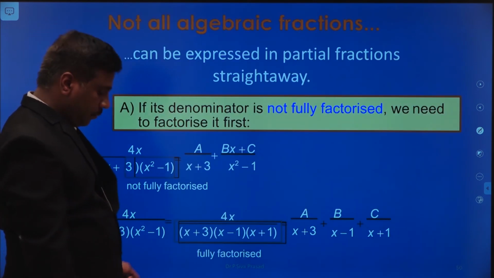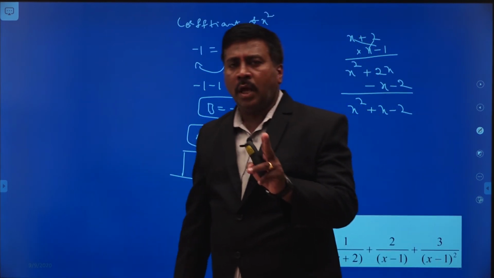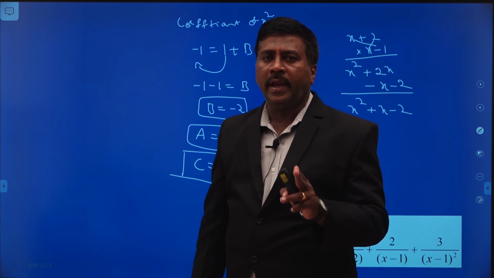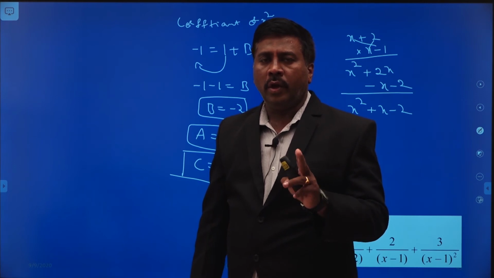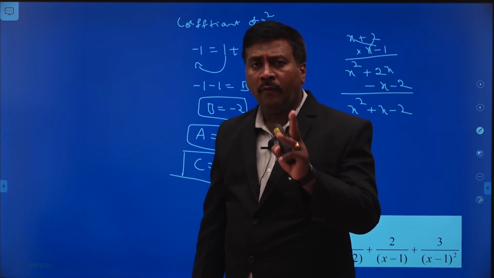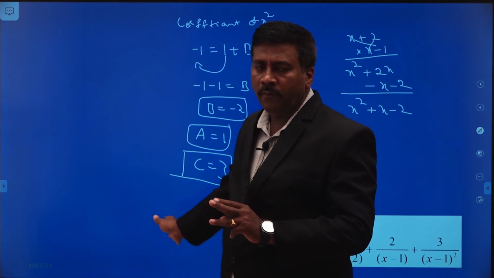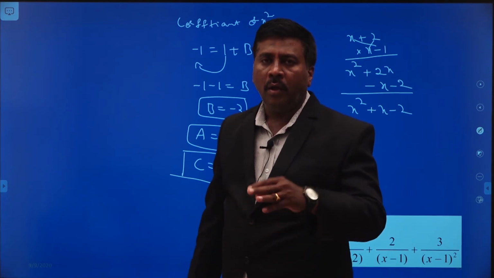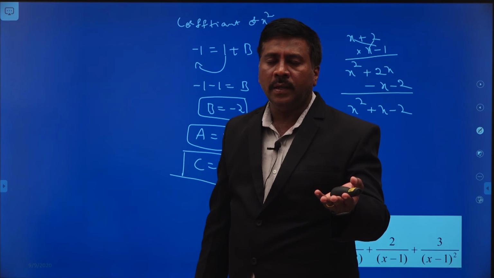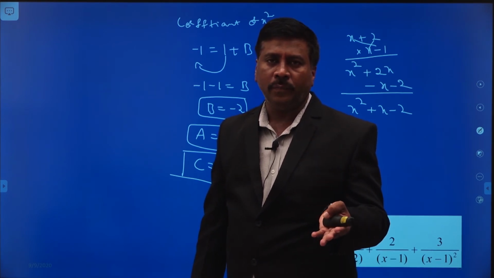Now, there are two techniques used to find the constants A, B and C. The cover-up rule is applicable only as a shortcut technique. Don't use it for this problem in essay questions. Whatever I discussed in the previous lectures, that procedure is the best for you for finding the constants A, B and C. Okay.